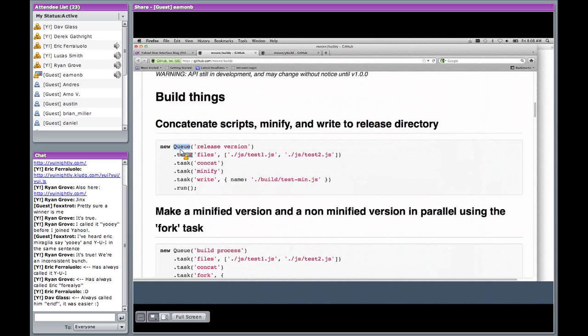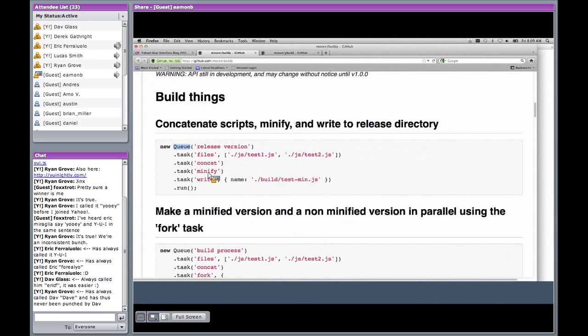So the queue object is controlling all of those tasks happening in sequence. In this example, I've got a files task, and that just generates a list of files that I want to operate on. I concatenate them, run them through Uglify for the minification, and then I write out the file at the end.